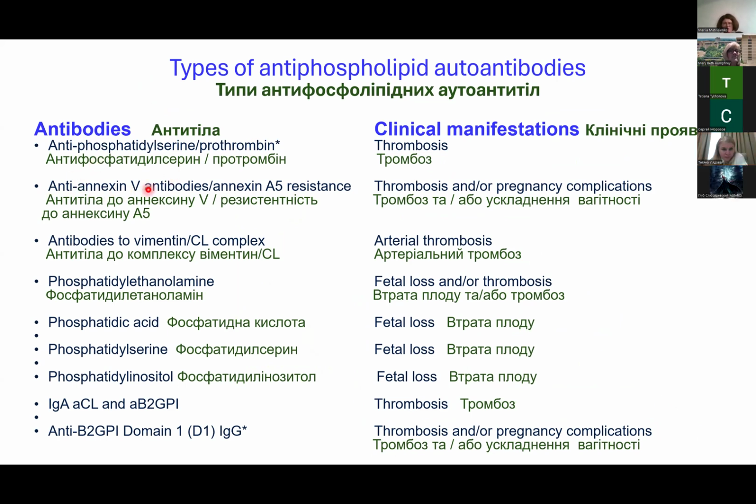Annexin 5 is actually an antigen on the surface of cells when they're apoptosing. So you could see that if you had a little area of tissue injury and maybe there was an endothelial cell that's apoptosing, it may put a little annexin 5 out on its surface, and now the autoantibodies can recognize it. You can also have antibodies to vimentin,